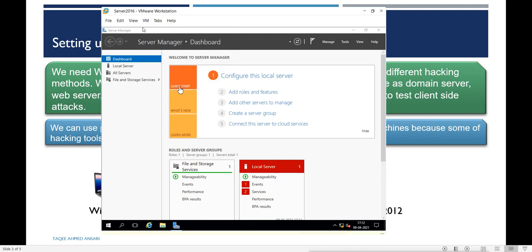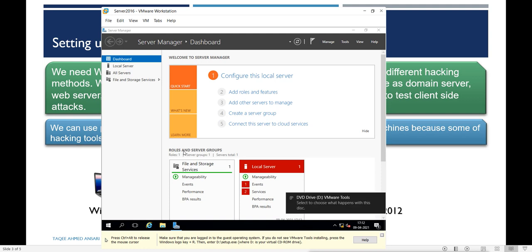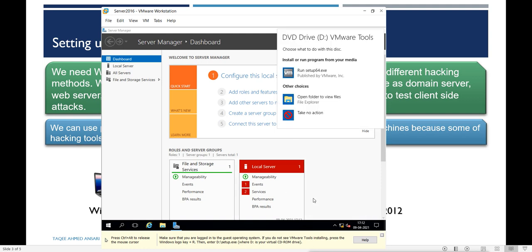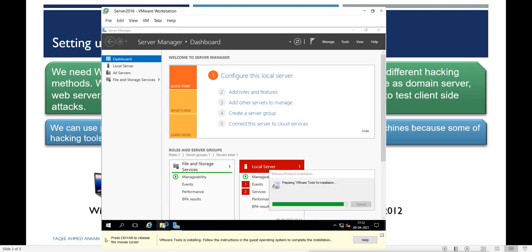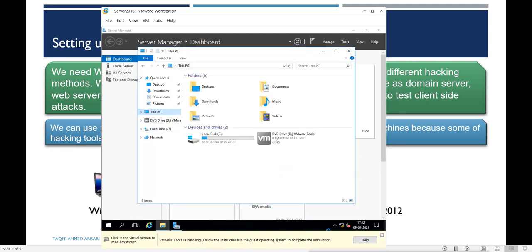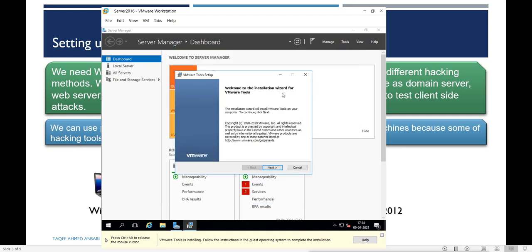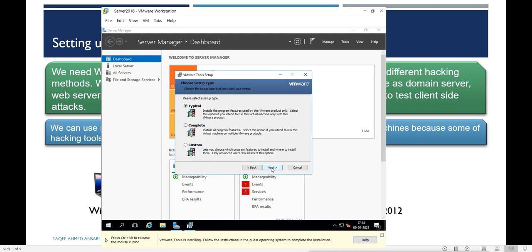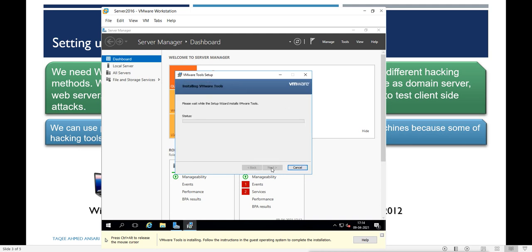When you click on this, it will insert the VMware Tools CD into the virtual machine's CD drive, and it is there. So I will click that and say run VMware Tools. So it adds this VMware Tools CD into the DVD drive, and we have already executed it, so it is here. So you just go for the simple, typical installation, and after the installation your machine is ready. It will reboot one time, so after the reboot it is going to be ready.